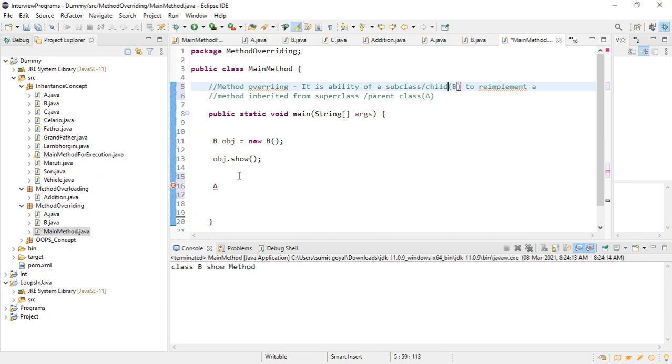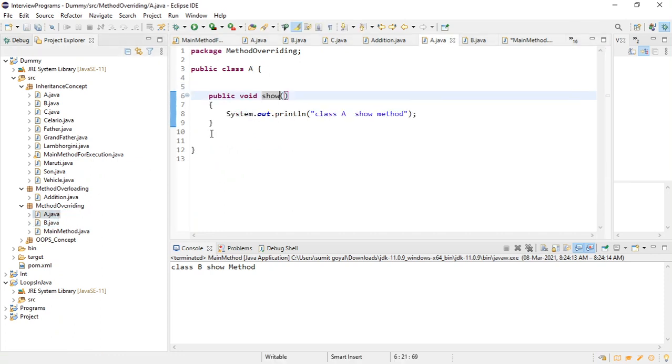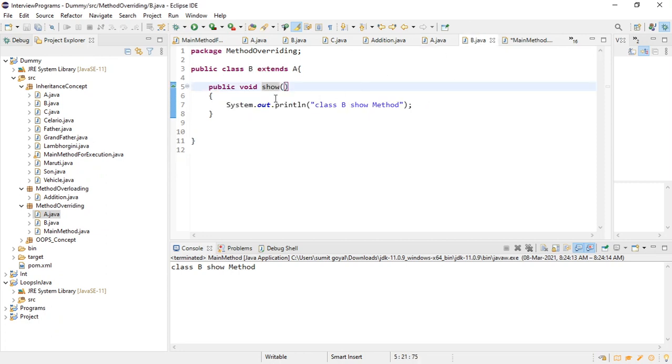So what this statement says is that method overriding is the ability of a subclass. So it is the ability of my subclass B here to re-implement a method, right? So basically it is re-implementing the same method. Here this method has some different definition, and my class B method is re-implementing this method and providing some other definition, right? So sometimes, once inheritance is done, if my method has the same name, I can provide some other definition for that class. So this is what method overriding does.